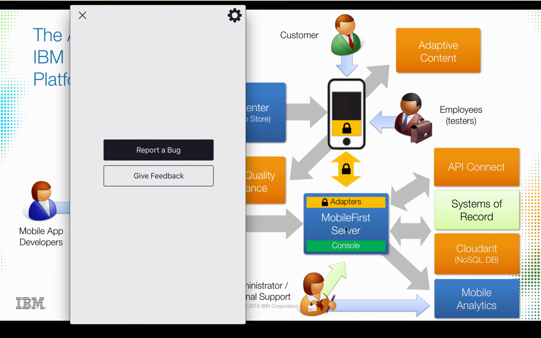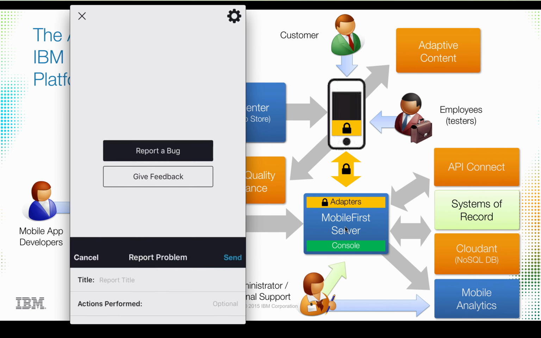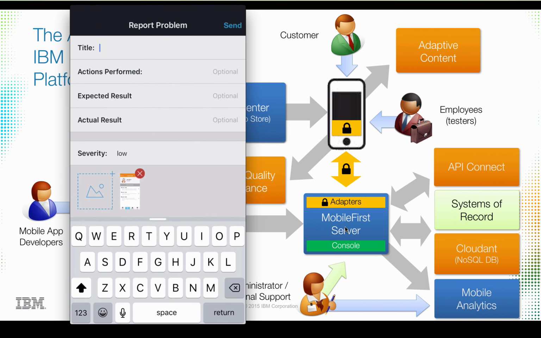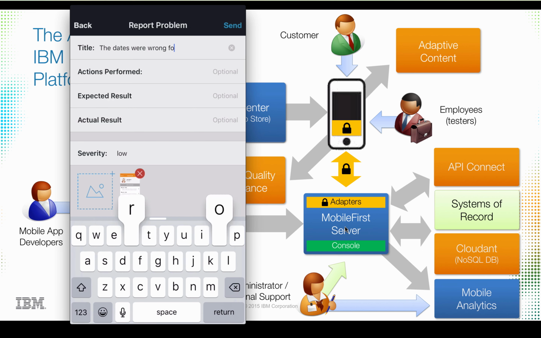Now in this case, I want to report a bug because I saw that problem and that just wasn't right, and I want to make sure that we get that fixed. And so we can say, the dates were wrong for the appointments. So I've just provided that kind of text, and that actually might be very confusing to somebody who's trying